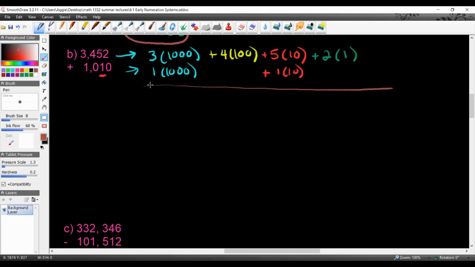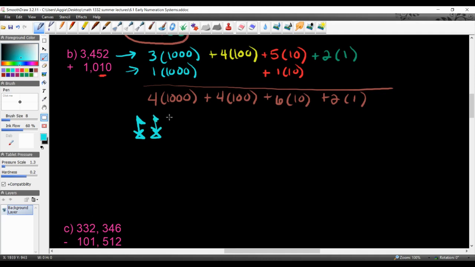So this would be 4,000s, 400s, 6 10s, and 2 1s. I have to go back to the book, guys, because this one I don't remember the symbols. So we have 4 of the thousands, which are the lotus flowers. So lotus flower,